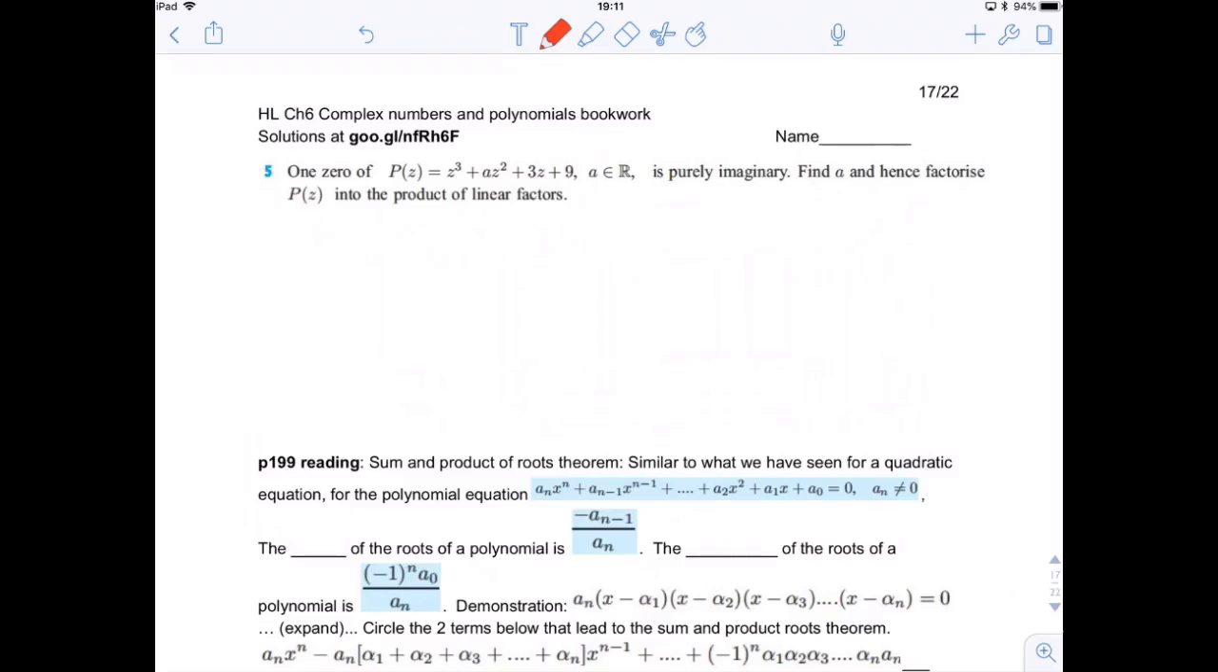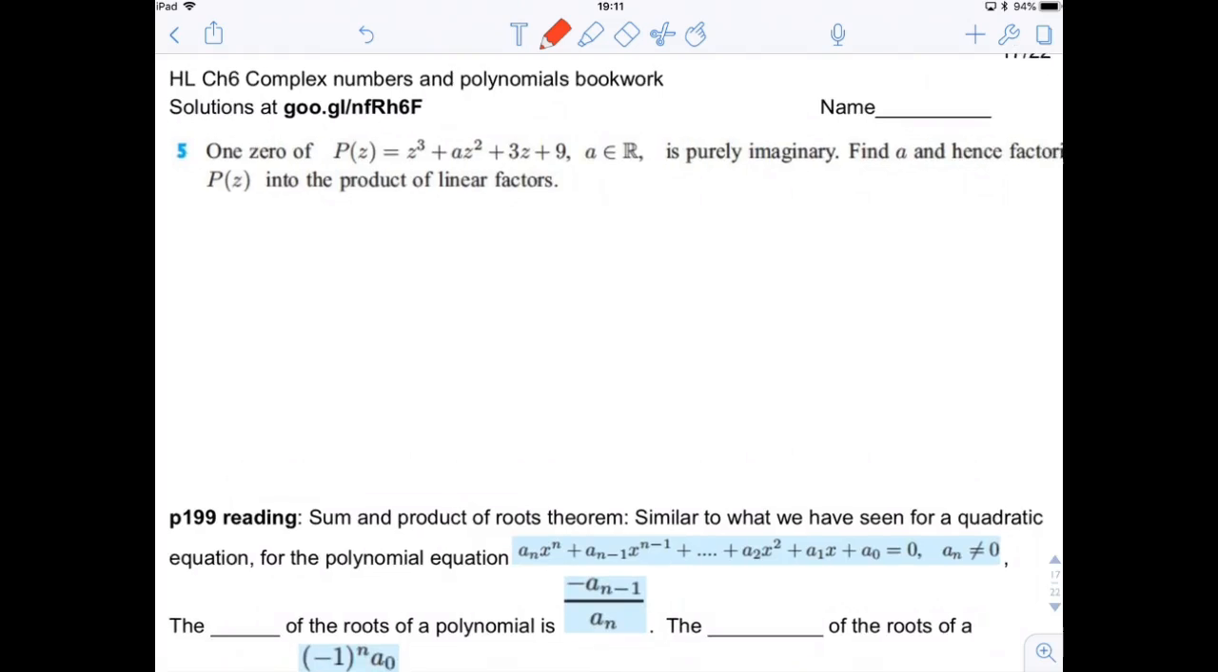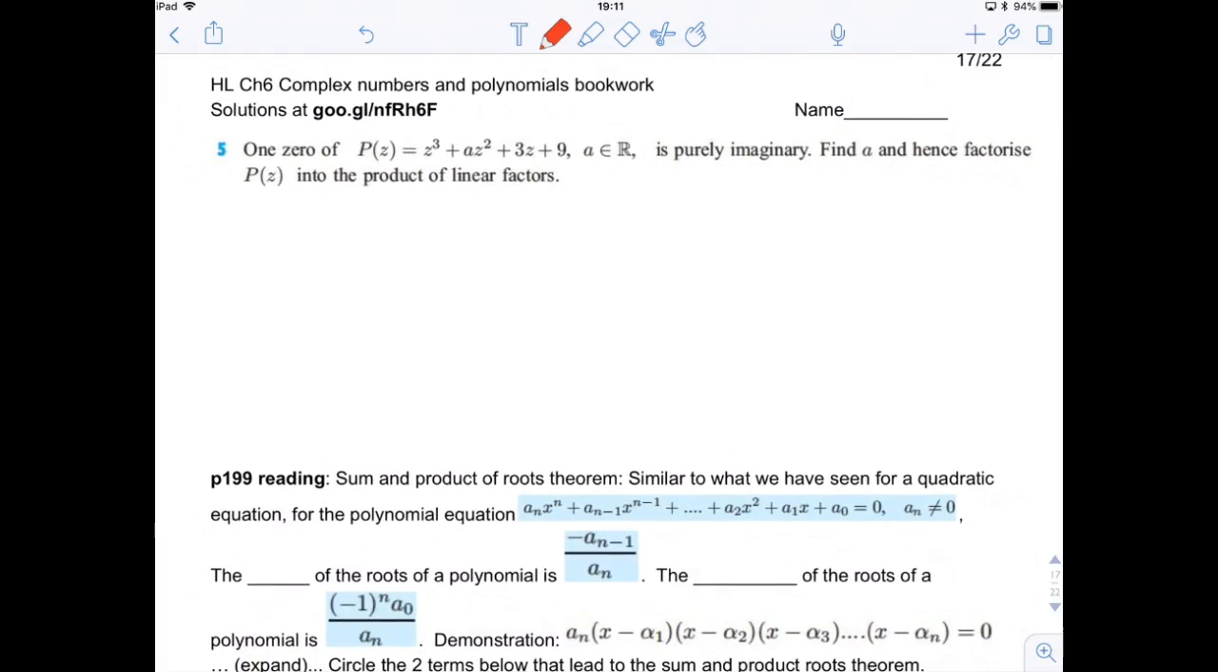Page 17 of complex numbers and polynomials. Number 5, one zero of this polynomial here is purely imaginary. Find a and hence factorize p of z into a product of linear factors. Okay,